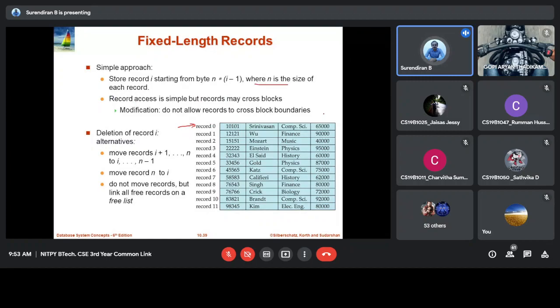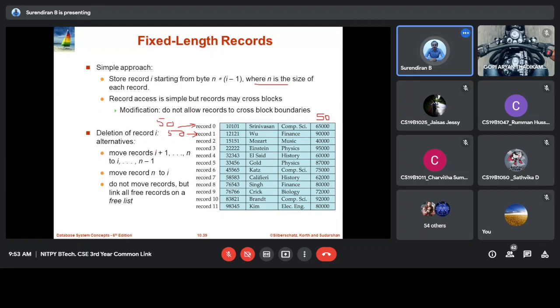Let us say each record takes 50 bytes, so the next record takes an extra 50 bytes. So they have a fixed size, and that is about fixed length records.